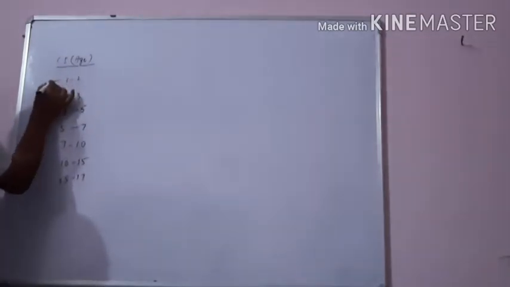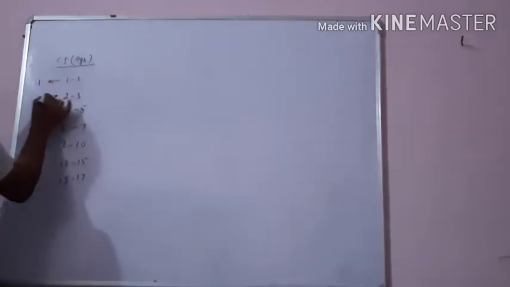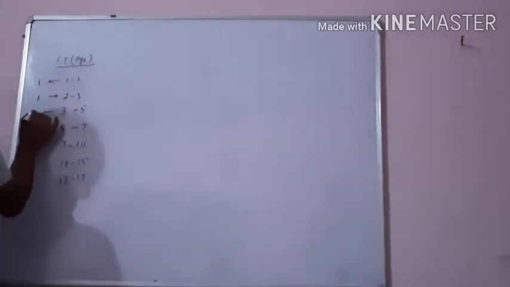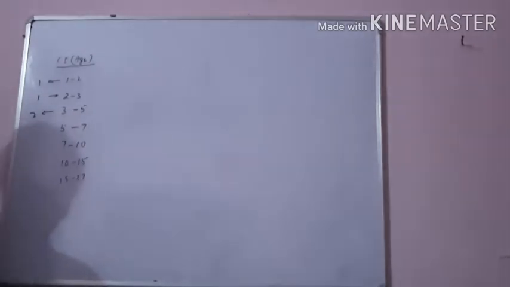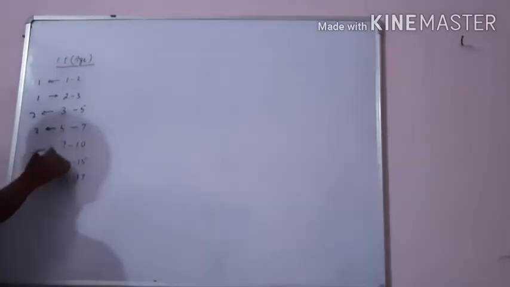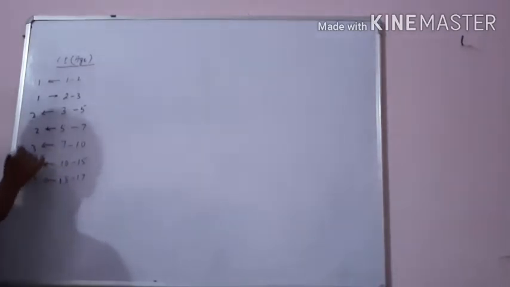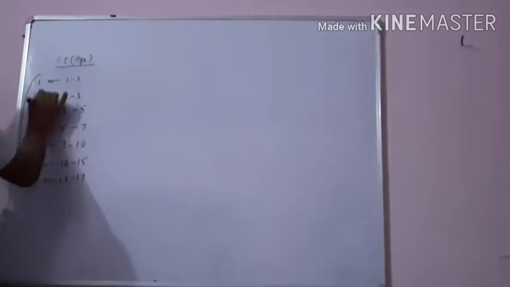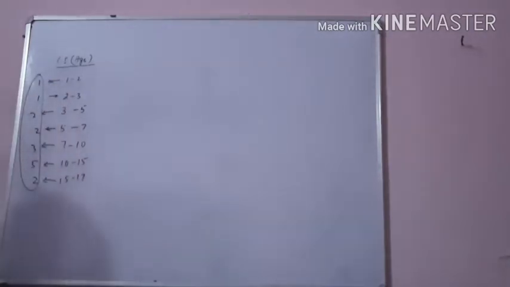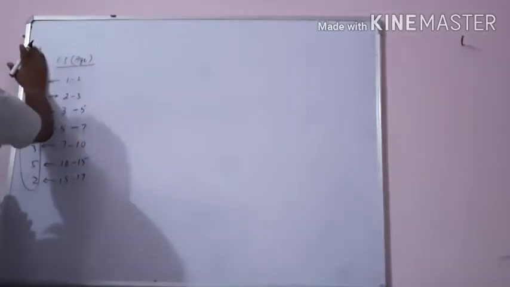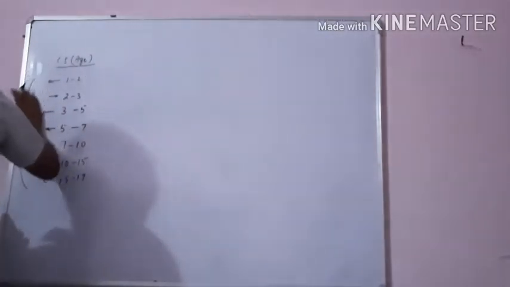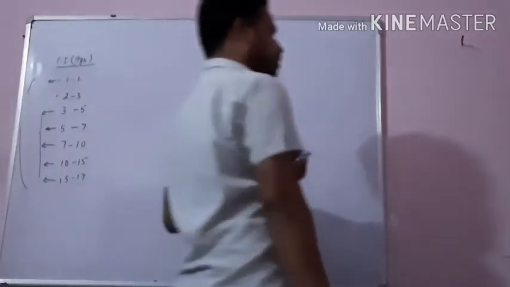in this case, our class size is 1 here, 1, here 2, then 2, 3, 5, again 2. So in this question, our class size, class width, class heights are not the same. For this type of question, how will we do it? First, let us see. So this was the class interval given.